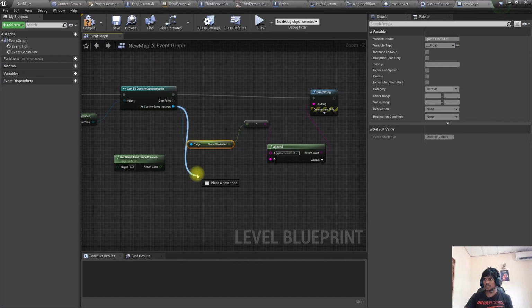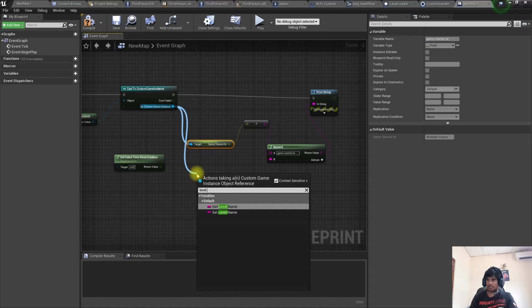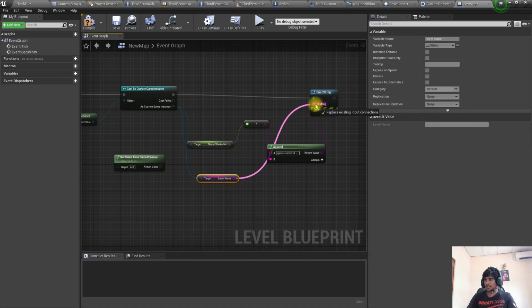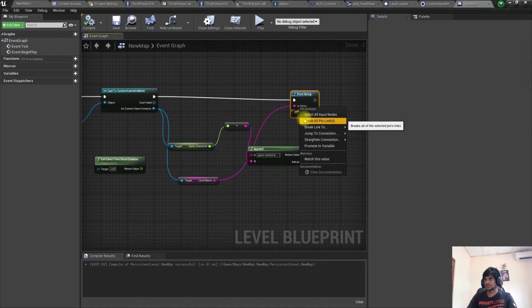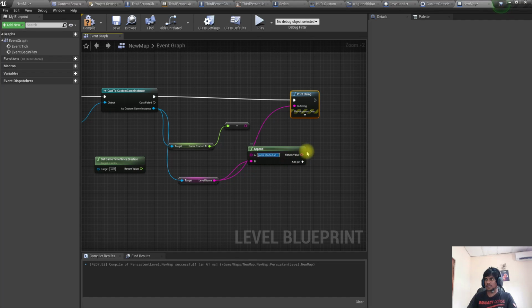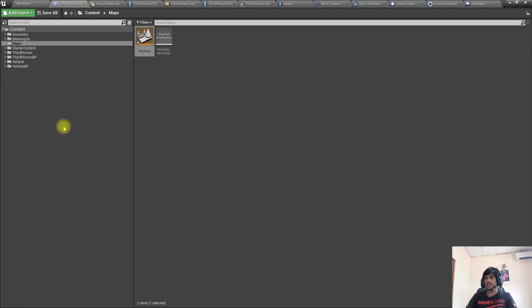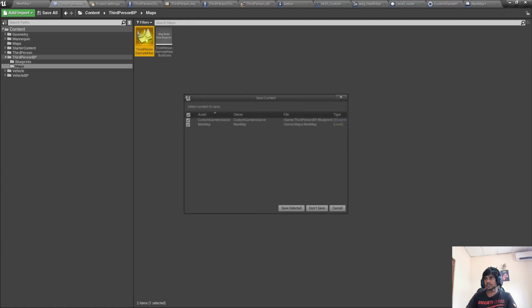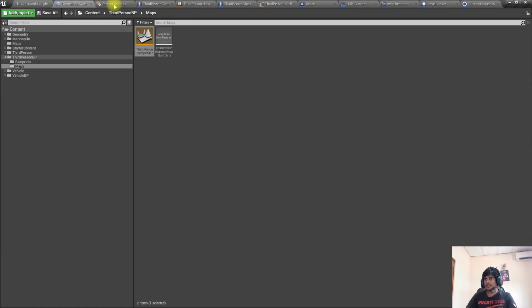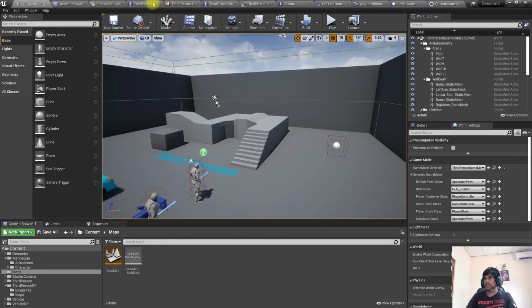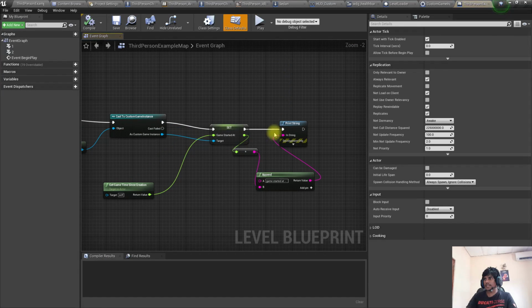Right, so let's get level name and print it. Let's use it as previous level name. Use this. Okay, now let me go back to the third person blueprint and save, and let me open the level blueprint again,